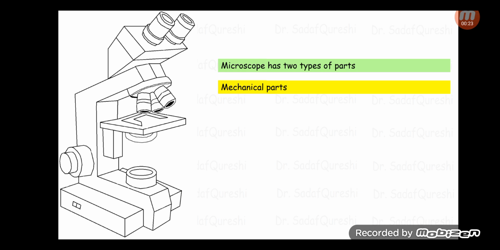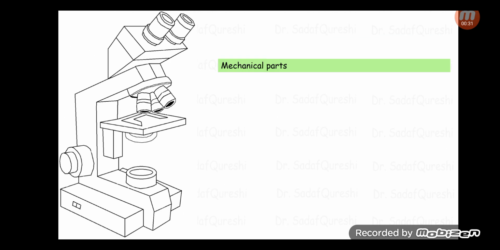A microscope has two types of parts based on their use. The first type are mechanical parts, the second are the optical parts. We will start our discussion with the mechanical parts. We will talk about what the mechanical parts are, where they are located in the compound microscope, and what are